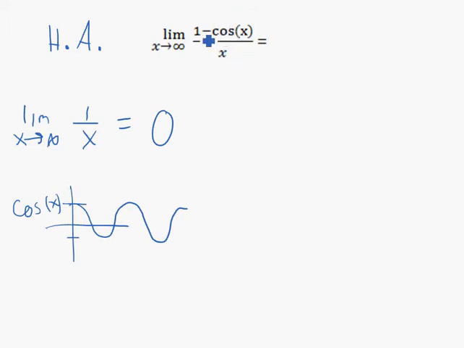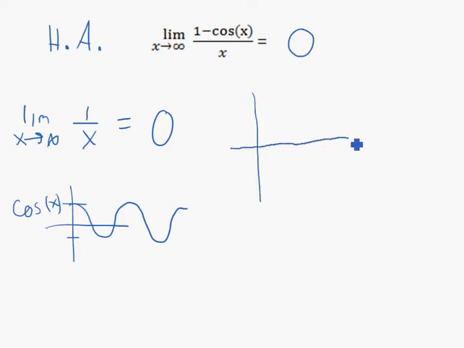But as x gets bigger and bigger and bigger, yeah, the top is going to be waving back and forth between 0 and 2, but x is getting so big that it doesn't matter what the top becomes anymore, since the top is staying relatively small, and the bottom becomes so big that the bottom eventually drags this thing down to 0. If you were to graph this function, if you were to graph 1 minus cosine x over x,